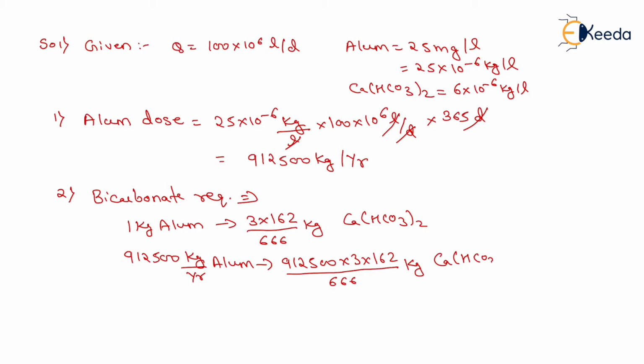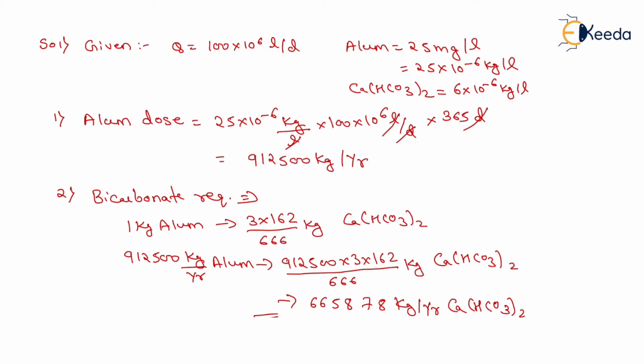Clear? Now after solving this, that is 912500 into 3 into 162 divided by 666, you will get the answer as 665878 kg per year of calcium bicarbonate. That will be the total calcium bicarbonate required in 1 year in kg, that is 665878 kg per year. Clear? Now we need to find the additional calcium bicarbonate,